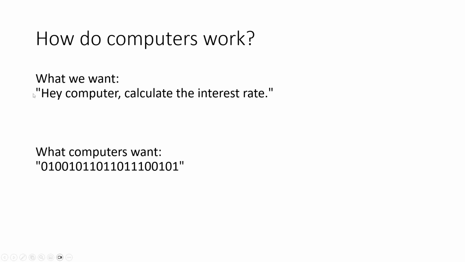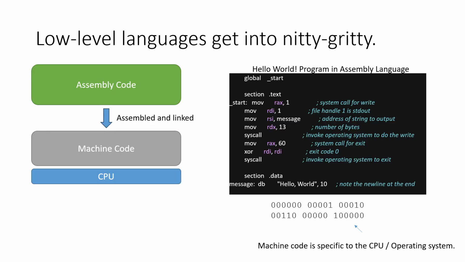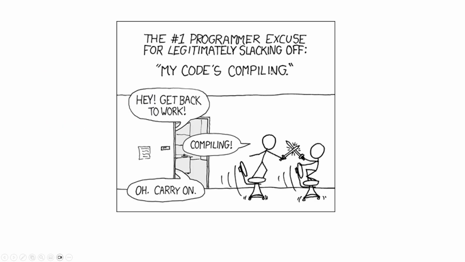So there's a general trade-off. We want our computer programs to be as close to natural language as we can get, and computers want the nitty-gritty. They want step by step, down to ones and zeros, saying how to do what we're asking them to do. And so in the early days, we're pretty close to having a machine-readable format. And one such way to do that is getting to the